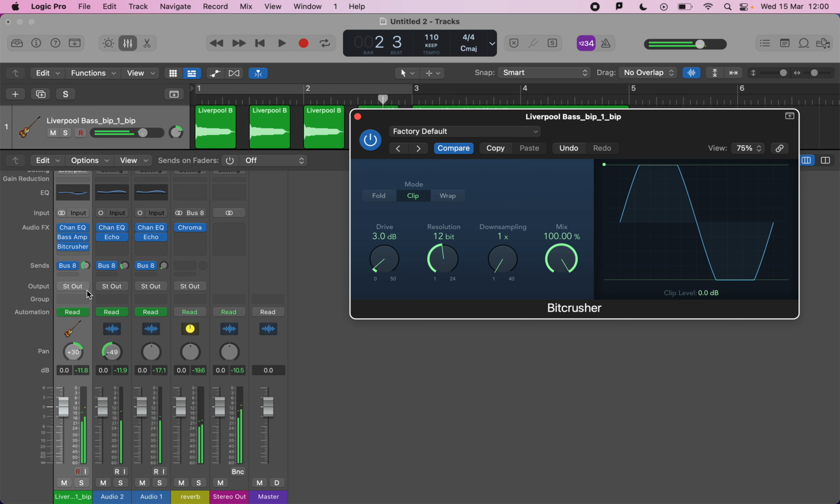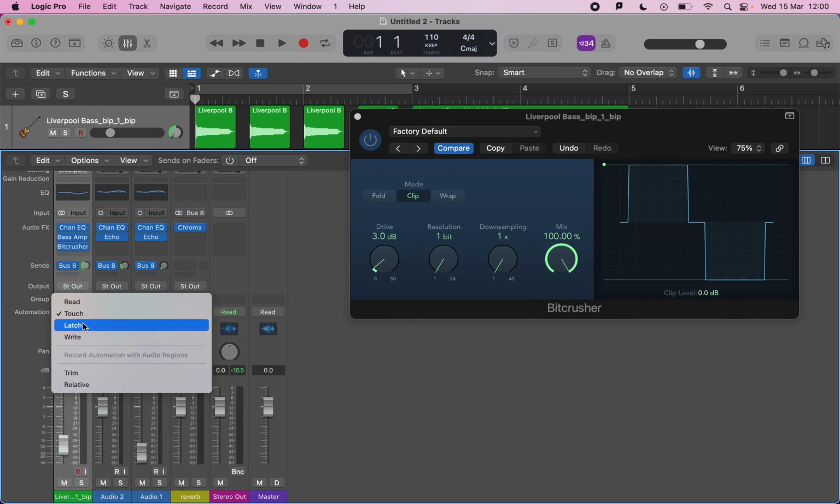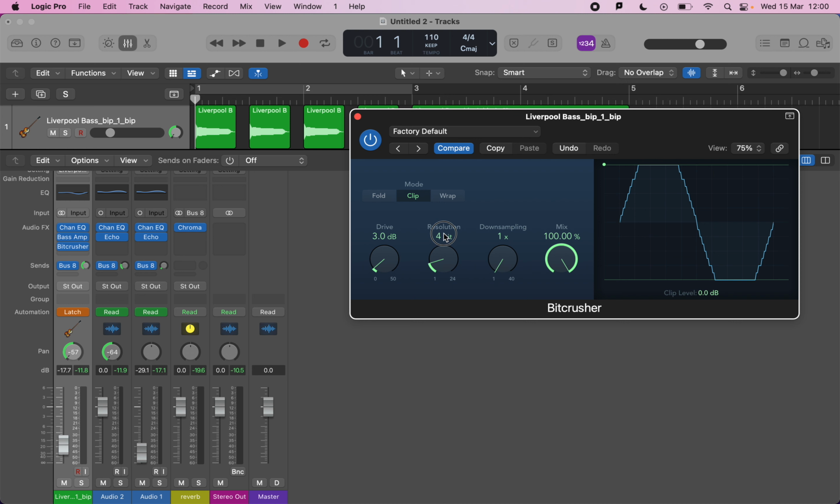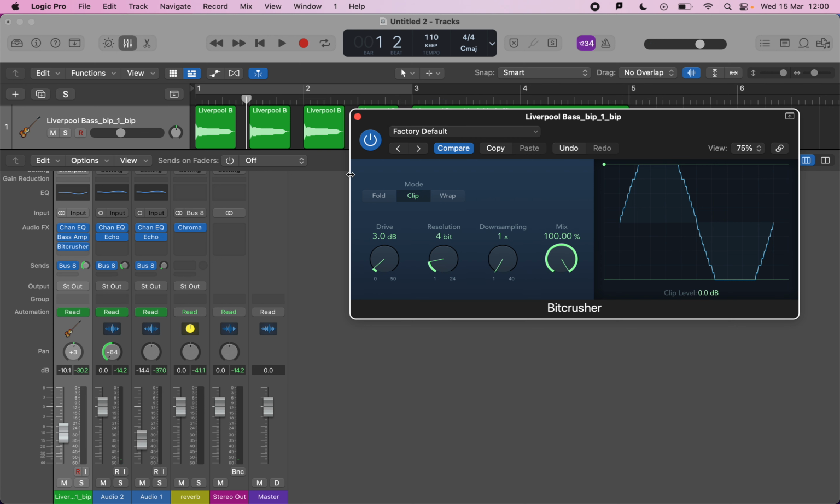Okay, and I found that there's an issue now on my first note. It's not loud enough, so I'm going to go back to latch. I'm going to bring up the resolution to around 4-bit. That's not going to work. So instead of latching it on,